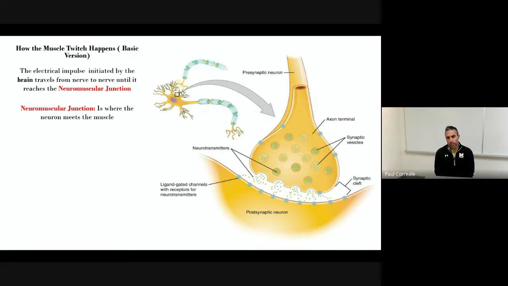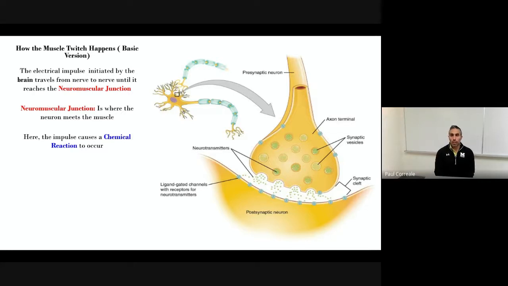We talked about motor units in our last podcast, where we said a motor unit is a motor neuron and all the muscular fibers that it innervates. When we want to have muscular contraction, we have to continue this excitatory message from the pre to the postsynaptic neuron, which is along the surface of the muscle itself.